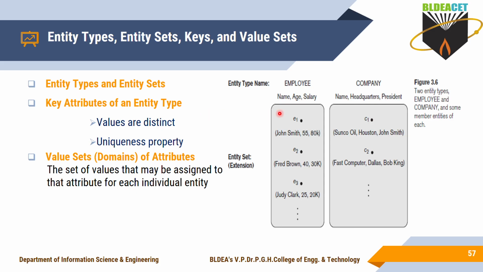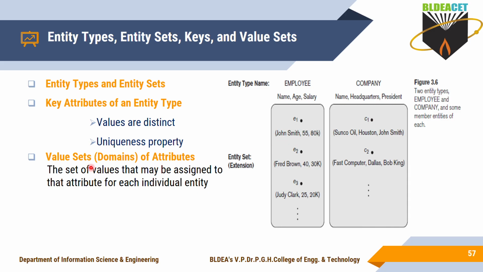So in this example, you may take name as a key attribute if it holds unique values, but usually name may be repeated here. So for employee, if you take the social security number of the employee, yes, the social security number is always unique. For every employee you have a distinct value here. Such types of attributes we call key attributes here. If you want to identify any entity, you can identify it with the help of the key attribute.